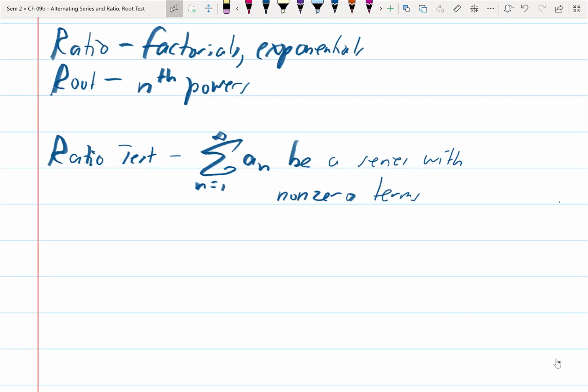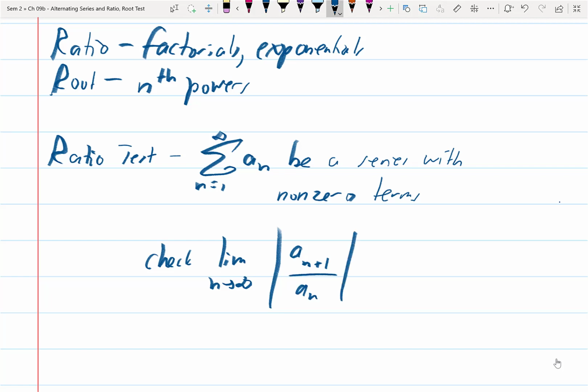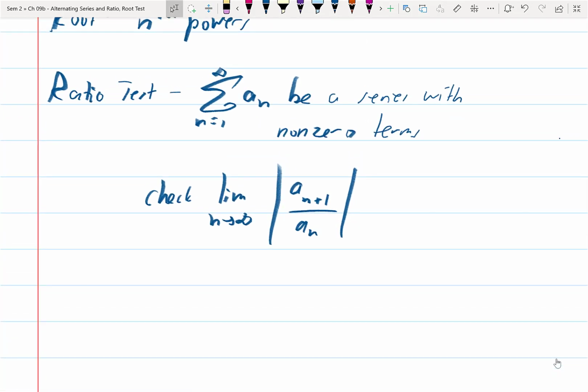And then we're going to check the limit as n approaches infinity of the absolute value of a sub n plus 1 over a sub n. This means checking the ratio of the n plus 1th term to the one that came right